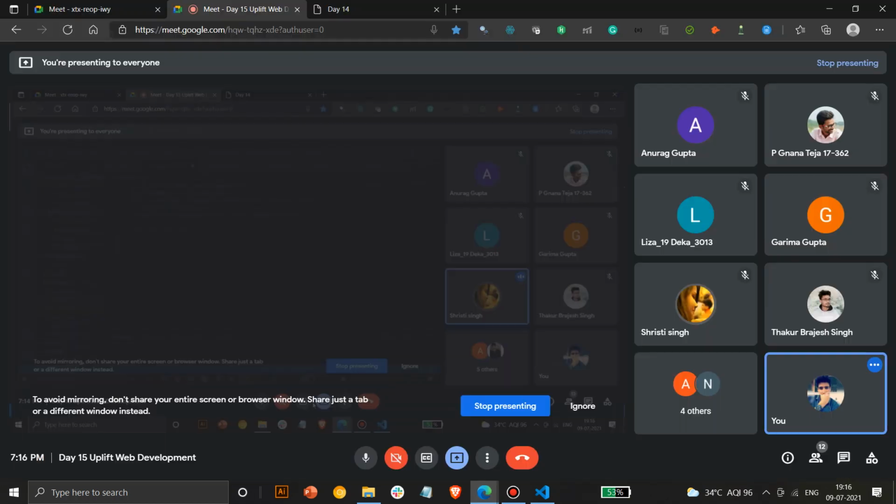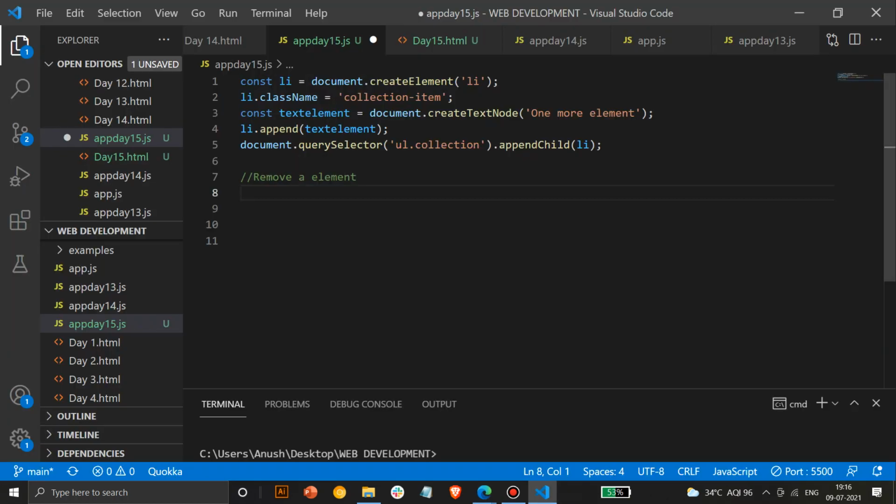Okay, that's right. So to remove a specific element, you can use the remove function. Similarly, like any language you have a remove function. Here also we have a remove function. So first we have to get that particular element.